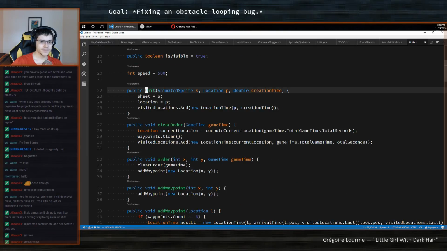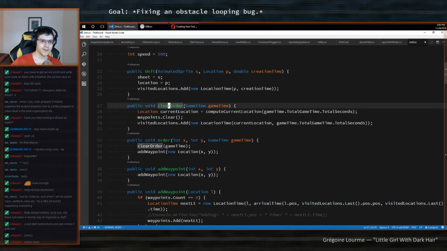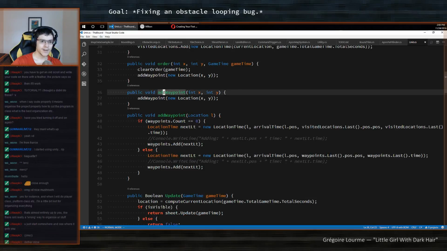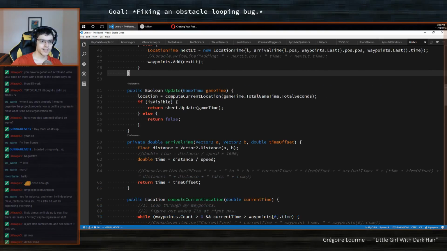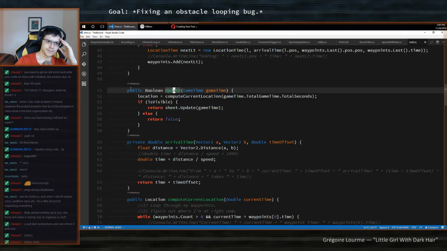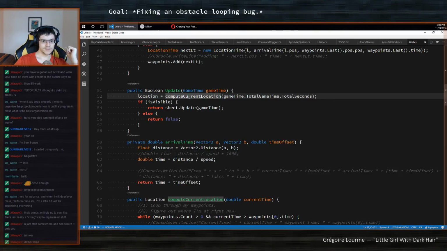And then I have different functions like clear order, like stop everything you're doing, add a waypoint, so go towards somewhere. Then another complicated version. And then there's an update method where I'm updating the location, but I'm trying to compute where I'm at now.